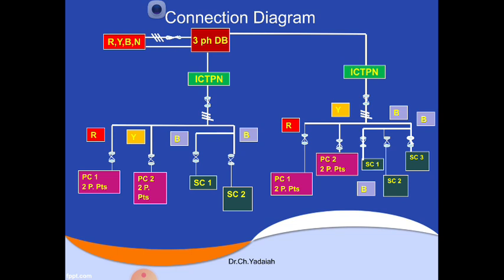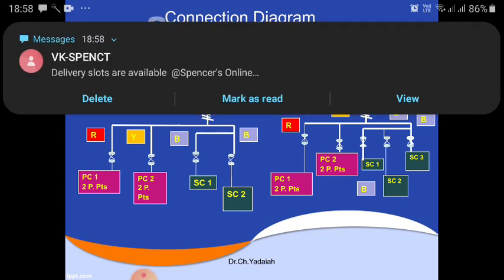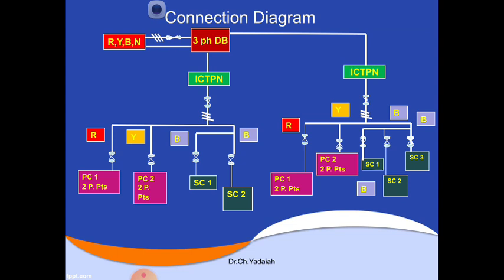That means the total power is what you already measured in the lighting load. What is the total power? We calculated the power load for the first floor and ground floor total load, and at the same time the lighting load. Both loads are added up and divided by V cos phi. In the case of a 3-phase supply, power is equal to root 3 VL IL cos phi. Here P is the total power, meaning the lighting load power and the 3-phase power load power, the sum of it.